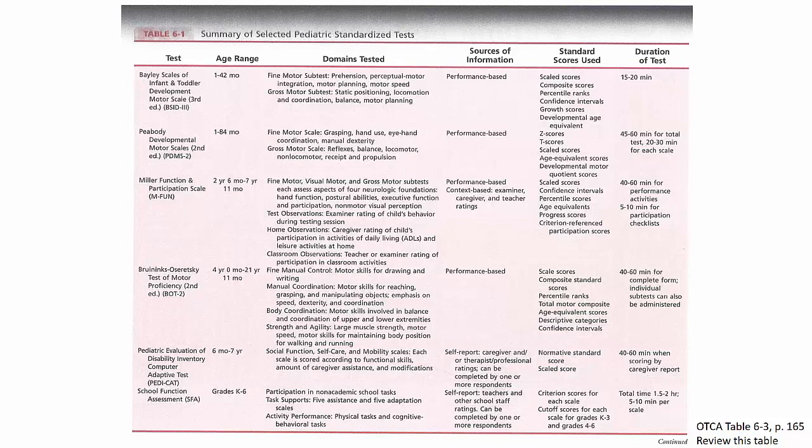So I hopefully can give voice to what I'm trying to talk through. I want to evaluate fine motor skills, and depending on the child's age, I'm going to pick a different assessment. If the kid is between birth and 42 months, 3.5 years, I'm probably going to the Bailey. Bailey has fine motor, and I also like that it has those other big domains that are very relevant to infant toddler